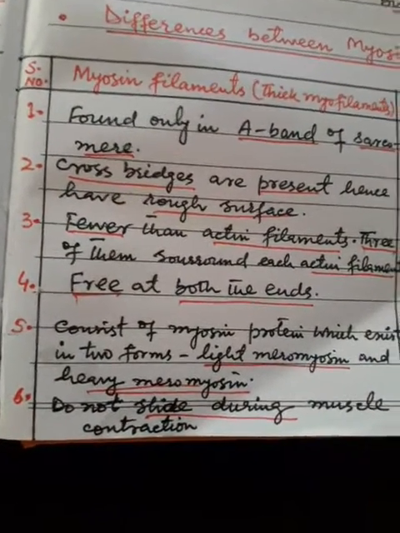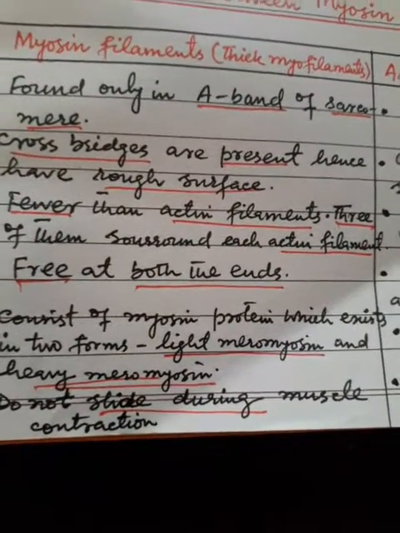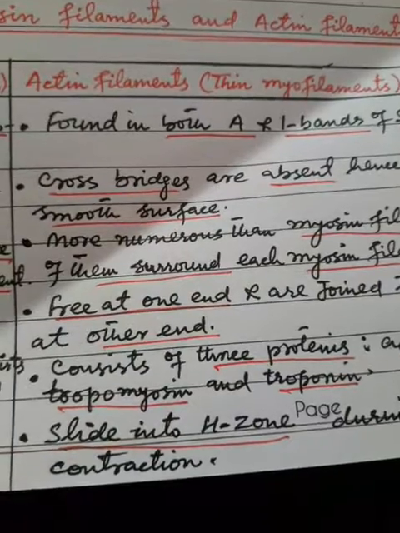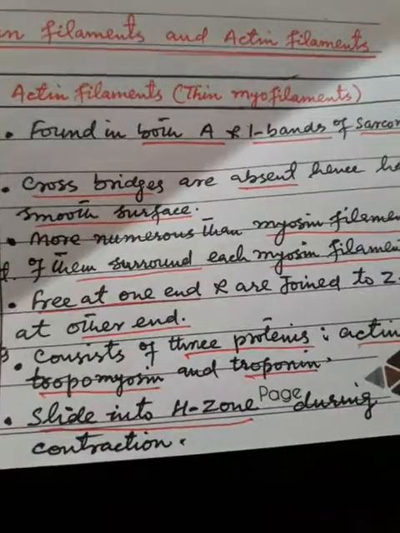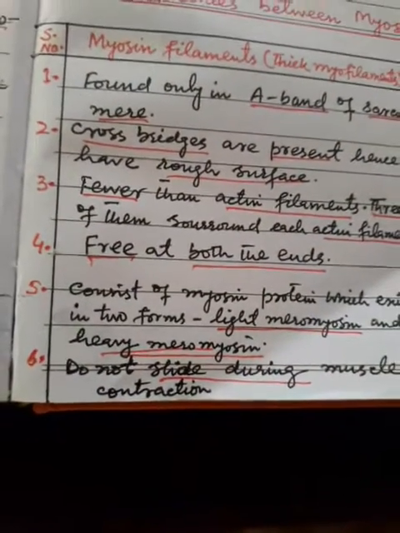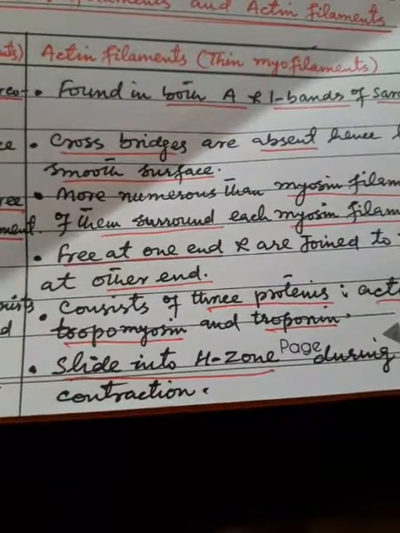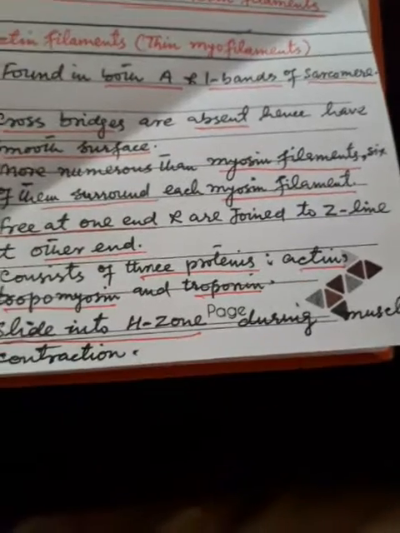Myosin filaments consist of myosin protein which exists in two forms, light meromyosin and heavy meromyosin. Actin filaments consist of three proteins, actin, tropomyosin and troponin. Myosin filaments do not slide during muscle contraction. Actin filaments slide into H zone during muscle